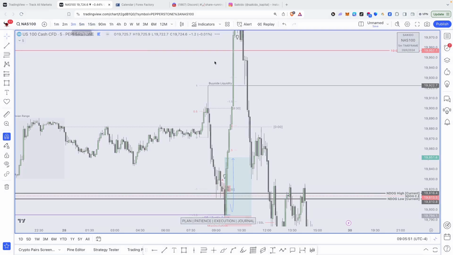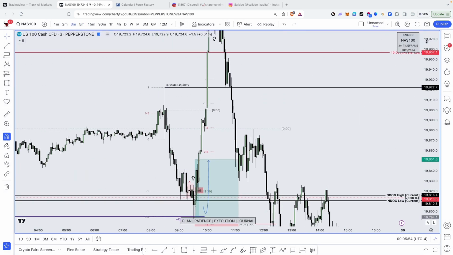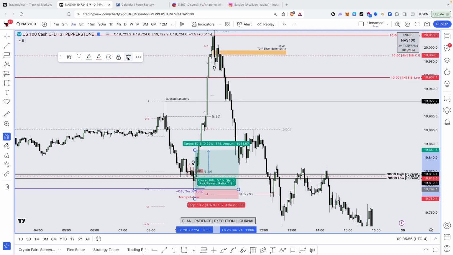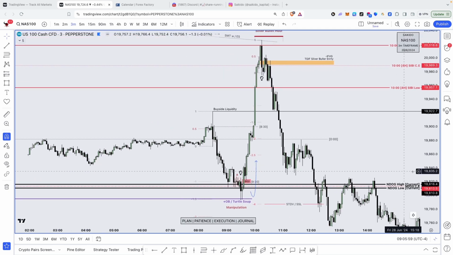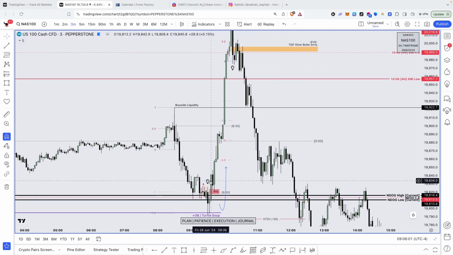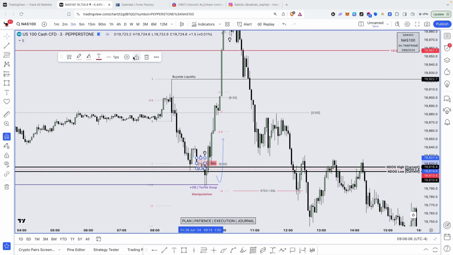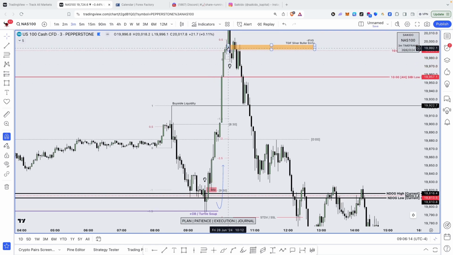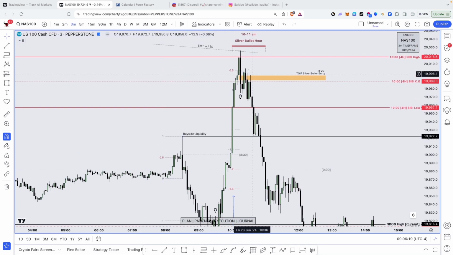Okay, so let's go back to 3 minutes where my entry was. So we had this second entry on 3 minutes, guys, and this was after a bullish market structure shift here. We had this 3 minute small accumulation, then manipulation. So now we are starting to distribute to the upside. And then this was now my initial draw, and above this I had the 4 hour high, and then the 4 hour low, and then the CE. Okay,